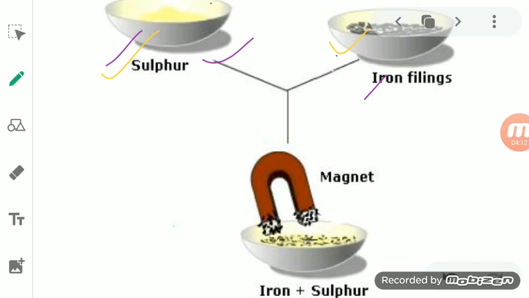Sulfur is also in solid form. When we mix them together and bring a horseshoe magnet, or you can take a bar magnet also,